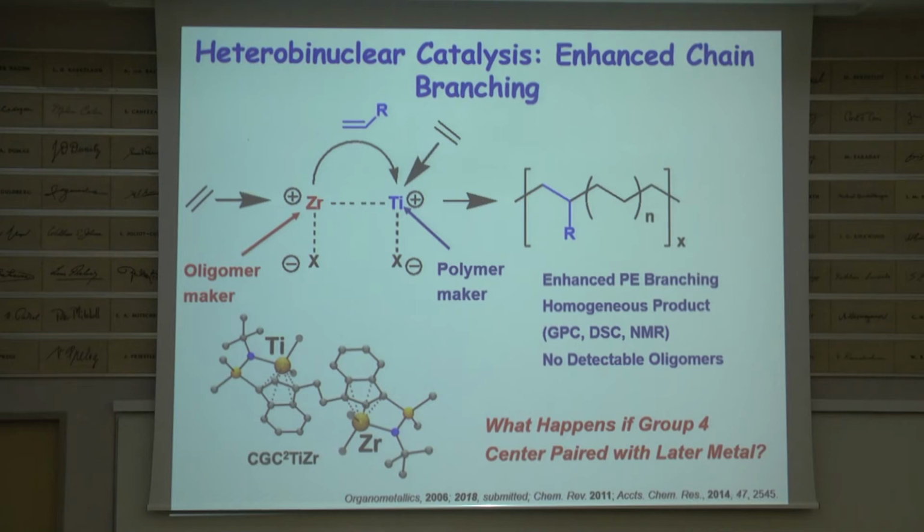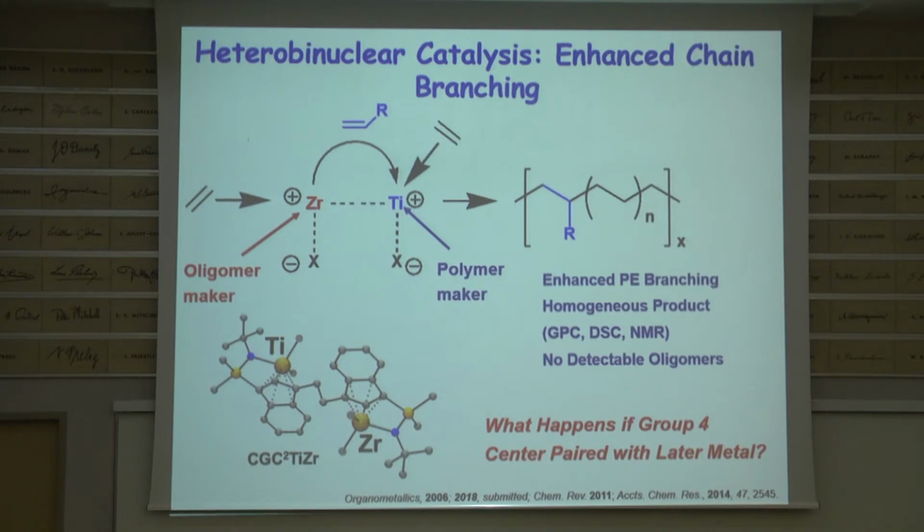So you run this polymerization under very, very carefully controlled conditions, and you never see any of the oligomer. You never see it by GC, by NMR, by anything. The reason is within this coordination sphere, it's captured by the titanium, so it can enchain ethylene, it can enchain the oligomer, and you make some very unusual polymers now that look like this. It's very hard to imagine another easy way to do that, starting from only ethylene. And I'll simply say we've characterized these polymers with just about any way you can imagine.